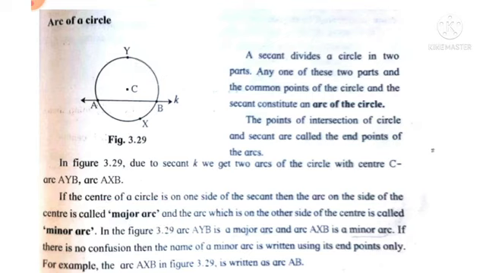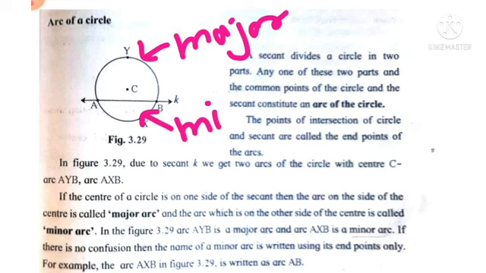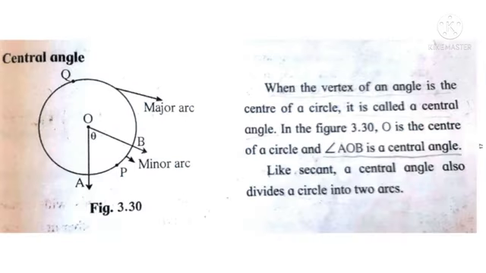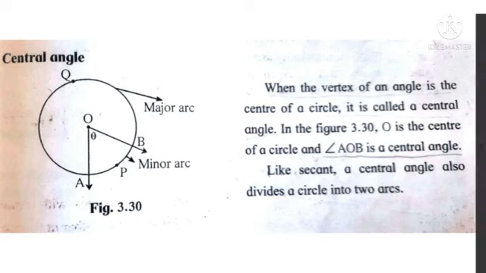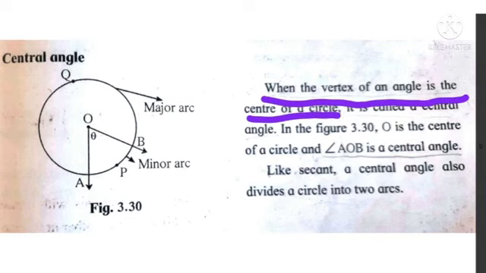Okay, see here which is the major arc. This arc is major arc and this arc is minor arc. Okay, then what is the central angle? See in the figure, O is the center of the circle. Here definition is given. When the vertex of an angle is the center of the circle, then it is called